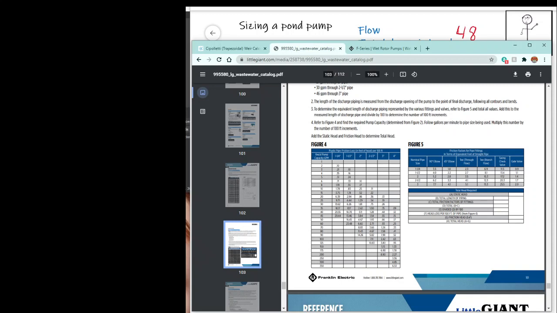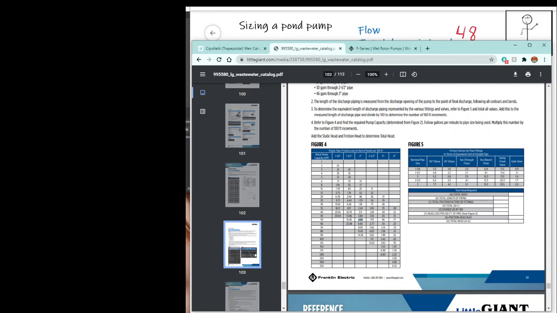You put a ball valve in there, slow it down, no problem. You're taking a pump that could work at 100%, and you're turning it down. You're letting it work at 80%. Pumps like that, so that's perfectly fine. So we're going to take that 50 gallons a minute, follow it over here to the 2-inch